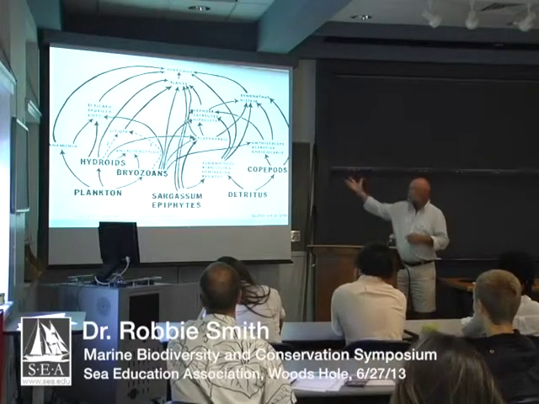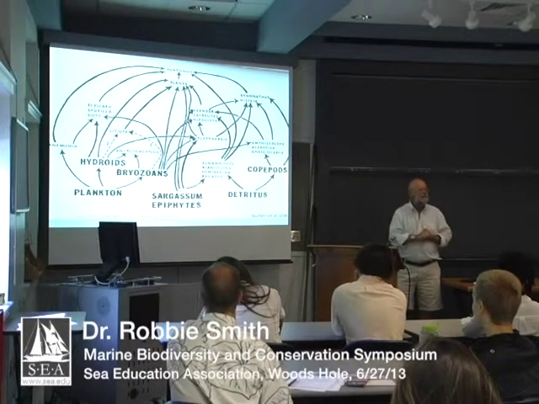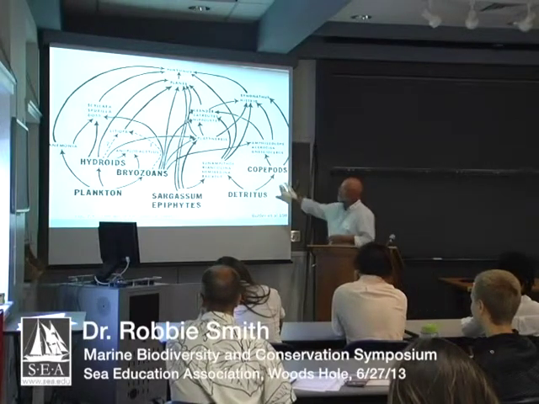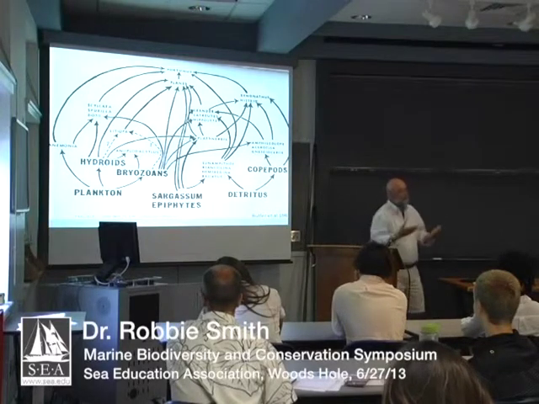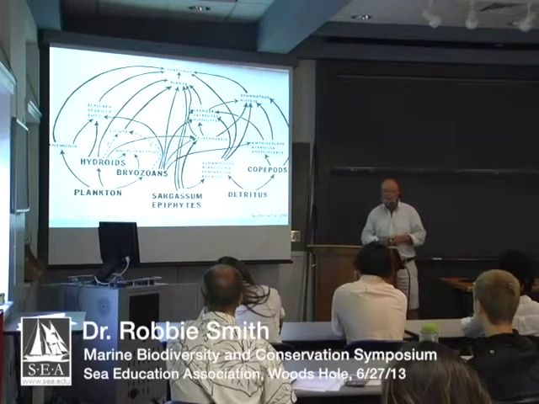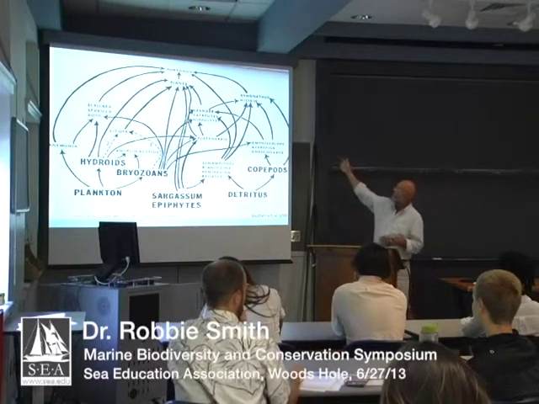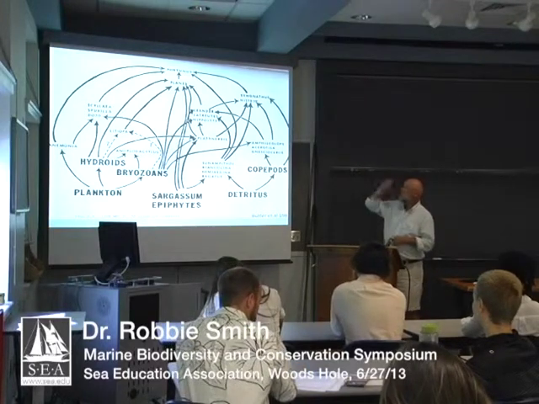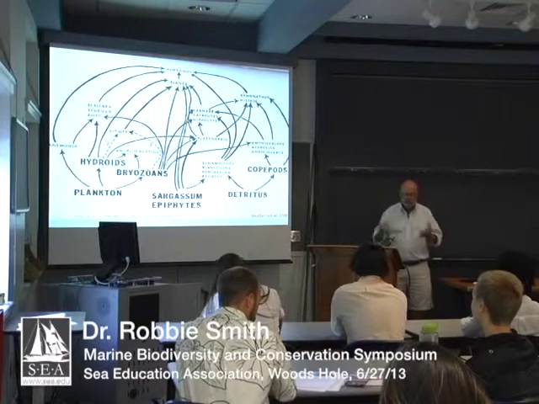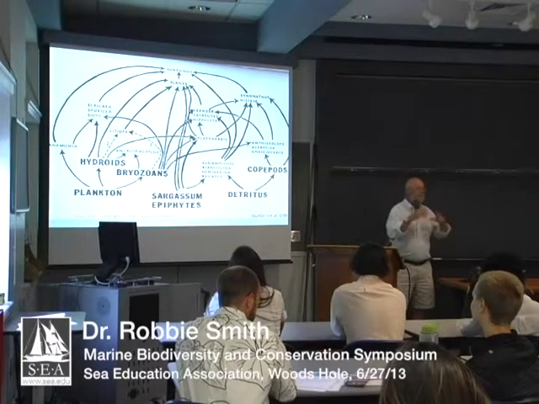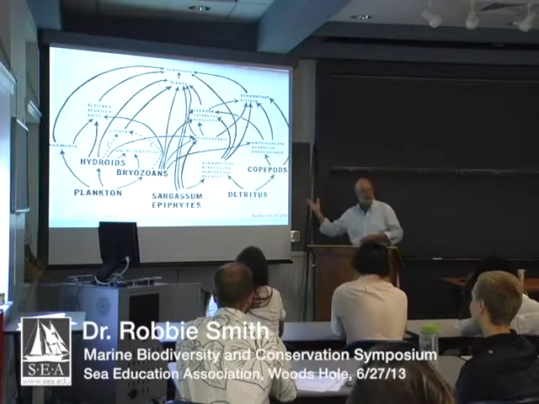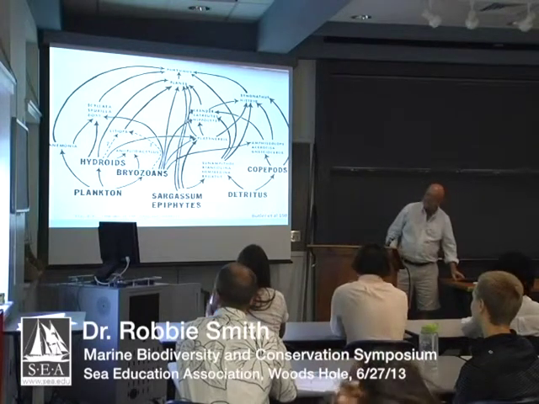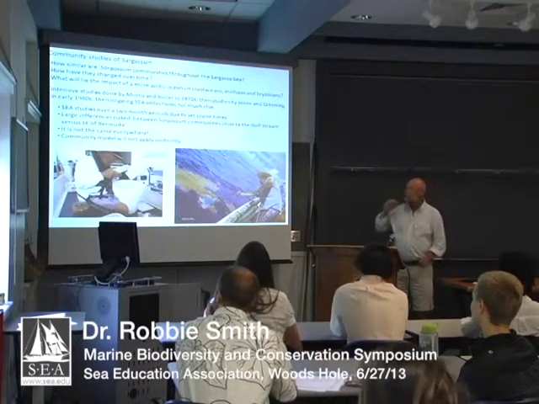So we have a model of what this community of life in there is, and all these animals listed here, various shrimps and crabs, are going to be opportunities for fishes to recruit in there, while we have endemic fishes such as Histrio, the sargassum fish, and the sargassum pipefish. Many other fishes come in there as larvae and begin to develop, using the sargassum as a nursery habitat, which is very critical for that. So we have a model of what's going on here, but we still have a lot of